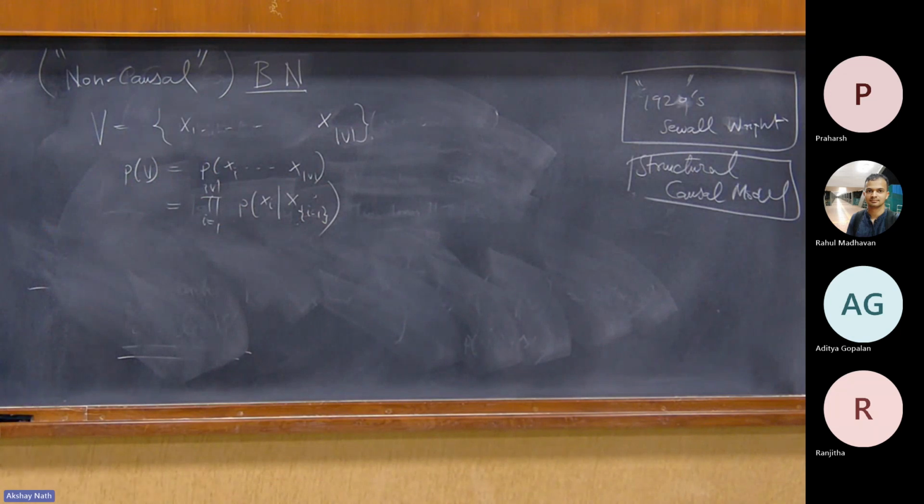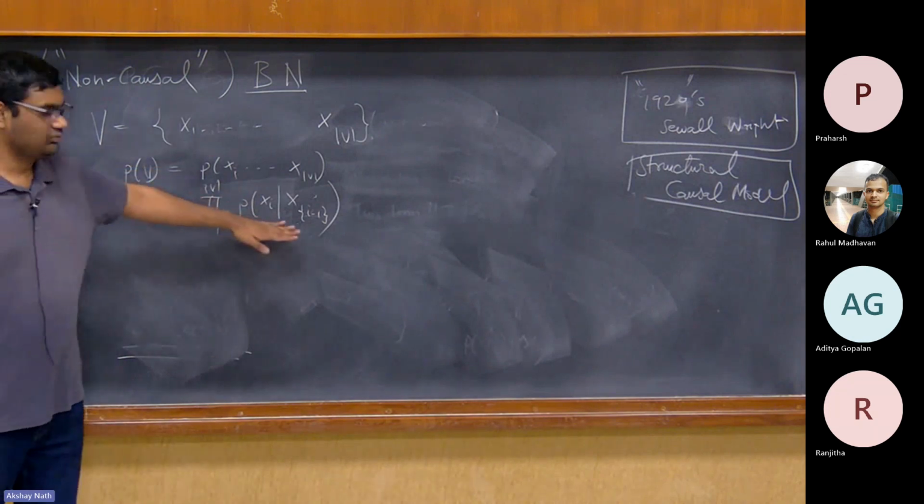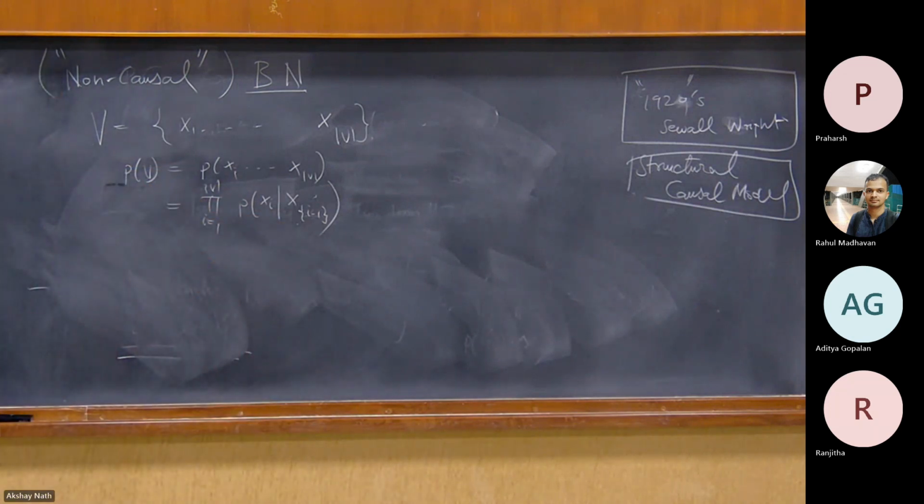Yes. The continuous case, these are just densities. Yes, these are densities. This will be a density. This will also be a density. But then I have to worry about when conditional densities exist. There are some regularity conditions. I'll go to Lebesgue theory and all that. I don't want to go into all of that. Just make it very simple. If everything is absolutely continuous with respect to the Lebesgue measure, I think everything is fine. You just replace with the Radon-Nikodym derivative, you take the product, then you're done. Right? So there's nothing complicated over here.